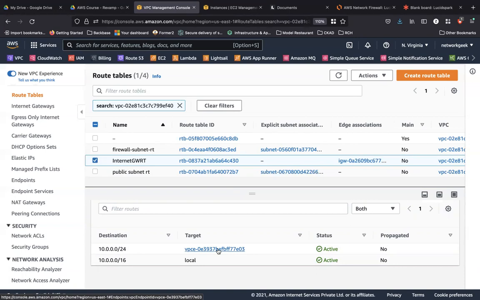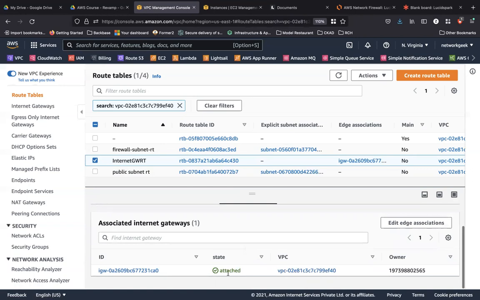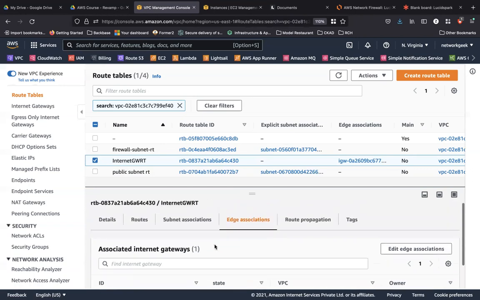So which means when the traffic enters the internet gateway and on the border to enter into your VPC, the traffic is first inspected by your network firewall. So this is how you do a route table for the internet gateway by giving an edge association. So when you take a look at the edge association over here, you can see that the internet gateway is associated with this route table.